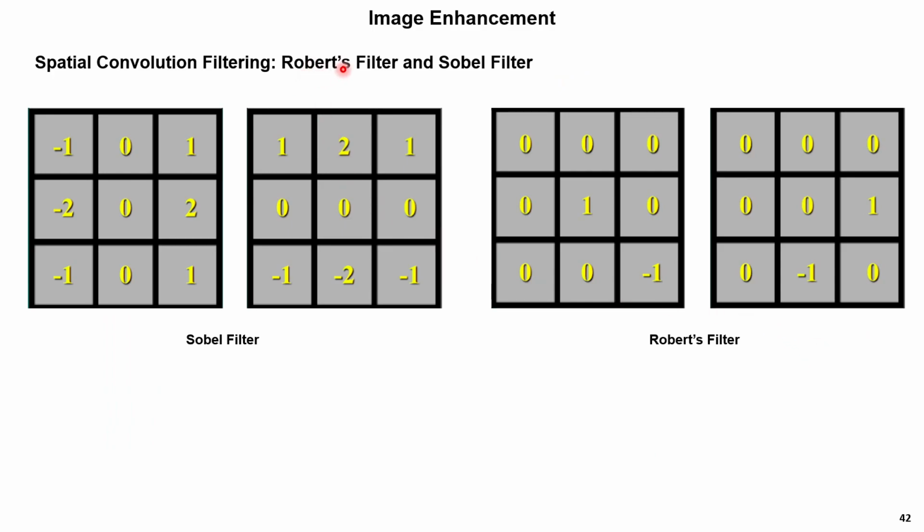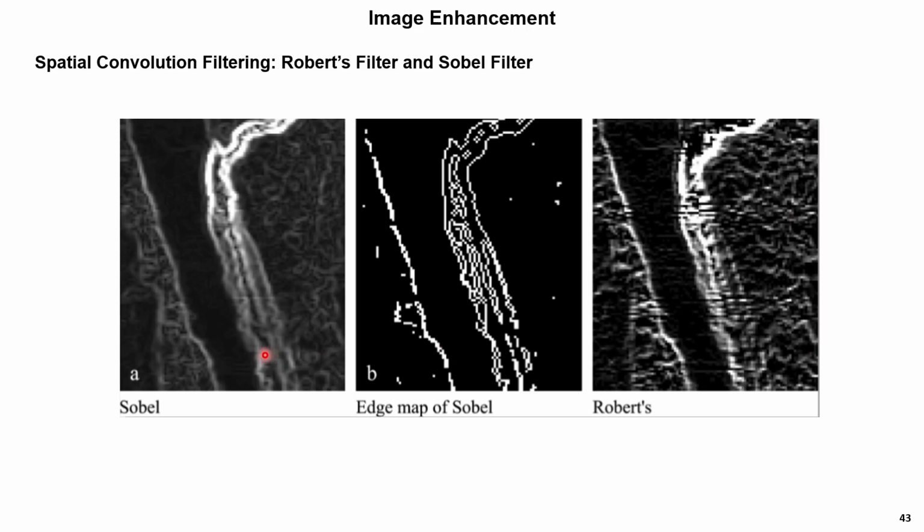And similarly, this is Roberts filter and Sobel filter. I think this was also explained in the video lecture. So this is the kind of filter that you will move across your image. Your Sobel filter, this is for X direction and this is in the Y direction. Similarly for Roberts filter, X direction and Y direction. And the output of your Sobel filter and the Roberts filter is shown here. So you can clearly track the edges, the edge map, and then here you can see